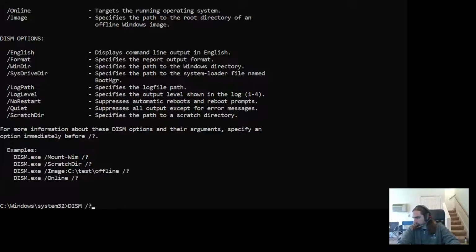The final command you might want to run, under cleanup-image, would be restorehealth. So what you can do is type restorehealth, and that will basically scan for corruption and repair the Windows image. Now, just as a background, Windows is installed from an image, and so what this will basically do is connect to Windows Update and download any